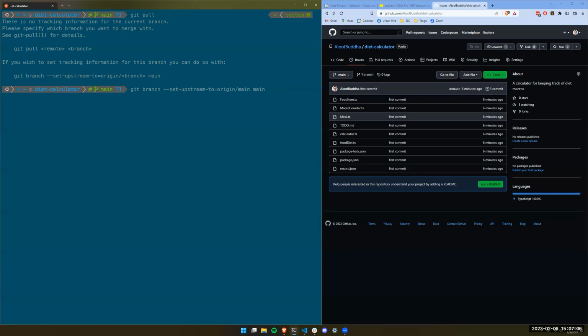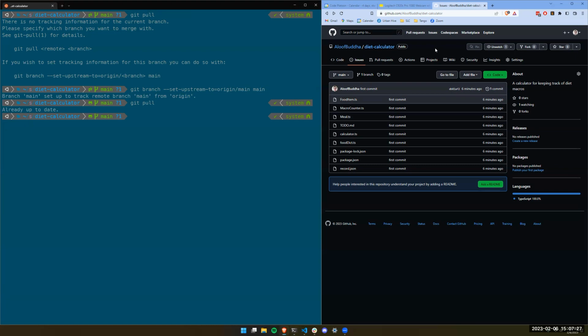So I guess it needs this, where I'm saying, okay, on the remote repository there should be a branch called main, and I want you to link it to my local branch called main, so that in the future, when I say git pull, it just understands. But anyways, it's already up to date, so there's nothing to change.